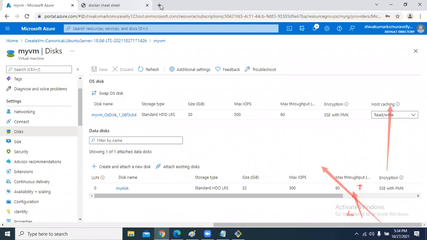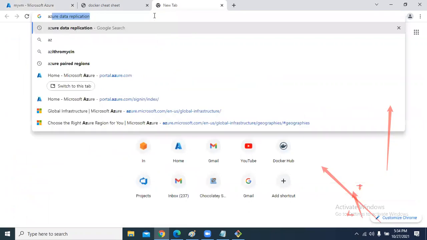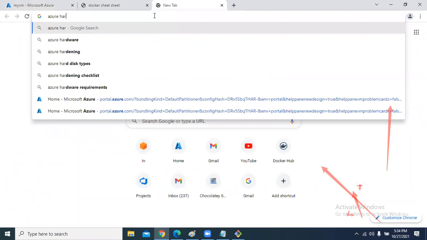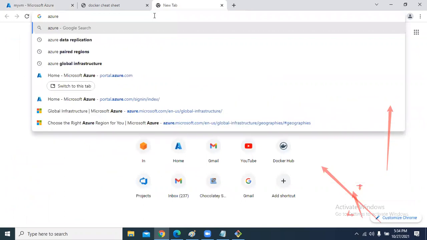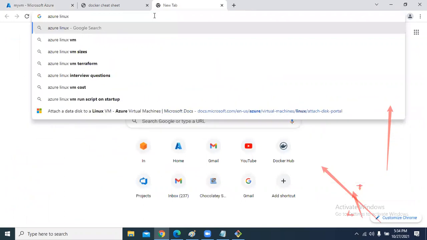Let me search for the documentation. Azure, hard disk, Linux, VM, disk, format.